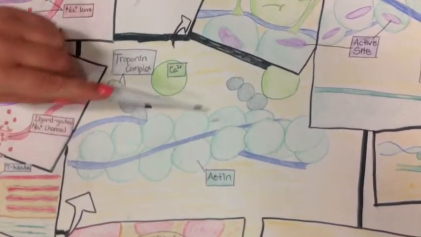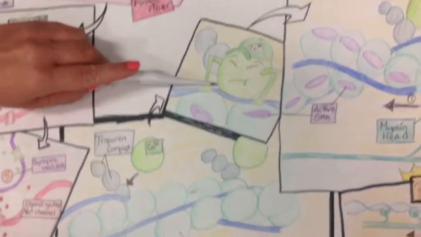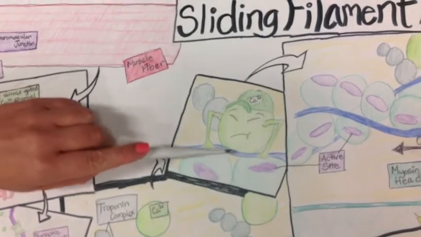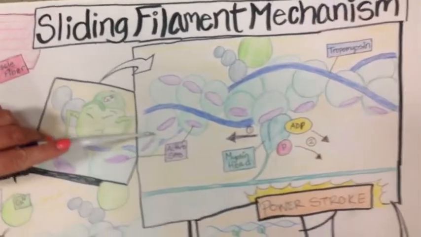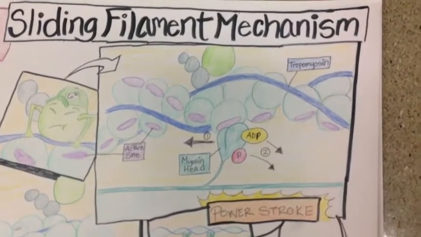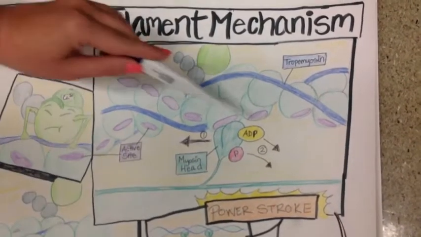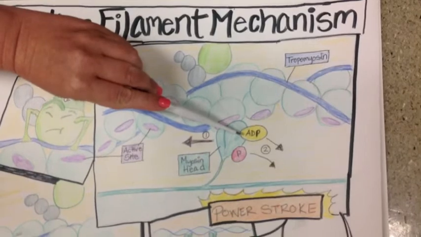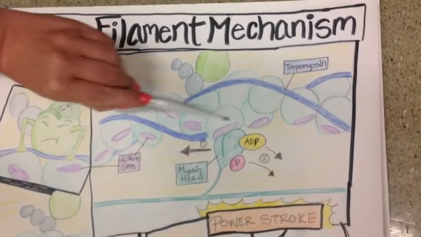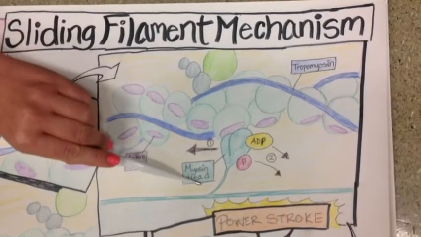When the calcium binds to the troponin, it unlocks it and moves the tropomyosin to expose the binding sites for the myosin head on the actin. The hinged myosin heads have an ADP molecule and a phosphate molecule attached from a previous cycle of movement and are in a high energy state. The myosin heads leap to form a cross bridge between the exposed binding site on the actin and the myosin